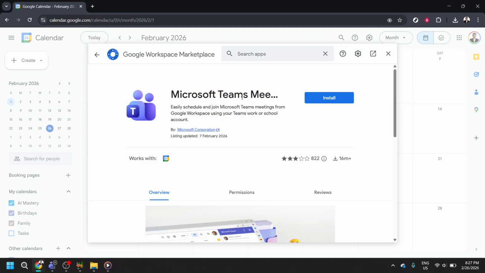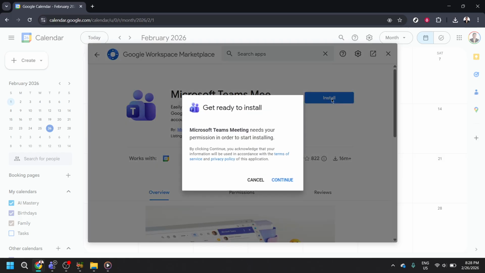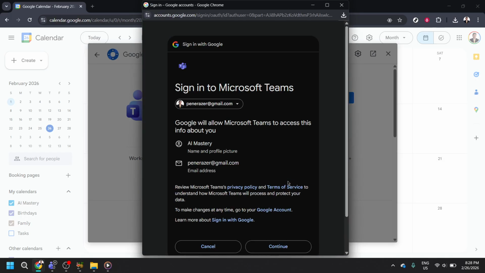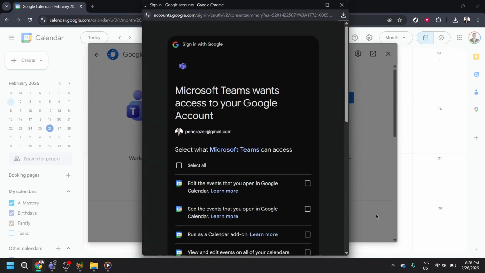With the Microsoft Teams Meeting add-on page open, you should clearly see an Install button. This button is usually large and prominently displayed. Go ahead and click Install. Clicking this initiates the process, prompting Google to begin integrating Teams Meeting functionality directly into your calendar. A small pop-up window may then appear, asking for your confirmation or to specify which Google account to use for